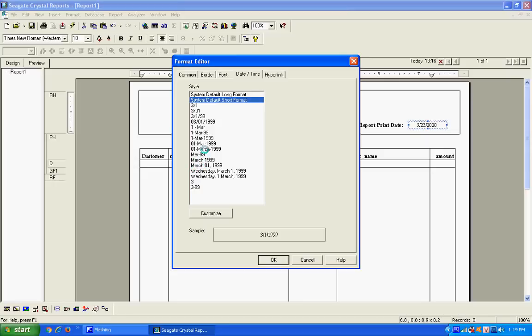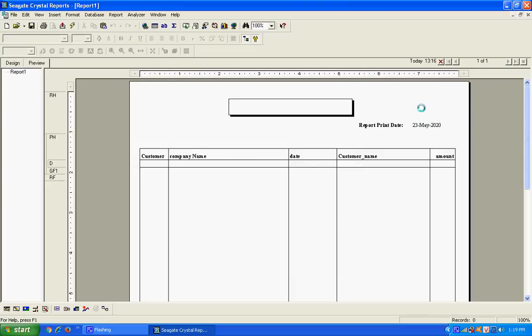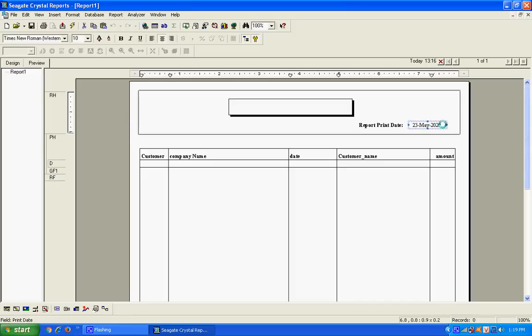I recommend this type, the 1st March style, and I press OK. At this time today's date is 23 May 2020. It shows automatically when this report is printed, not just today. Every time this system prints the report, you can view the report and it shows the current date of the system.